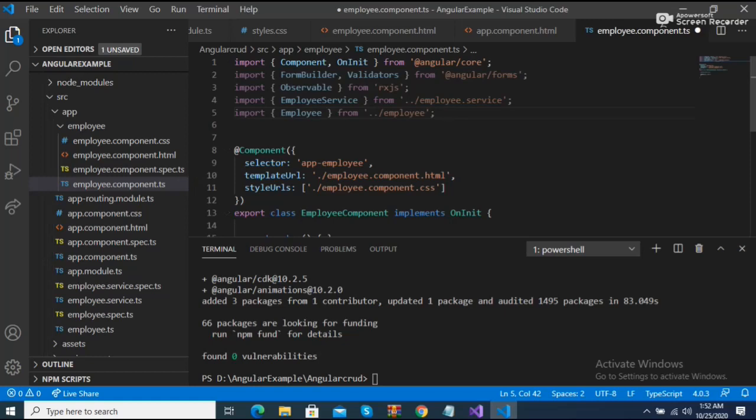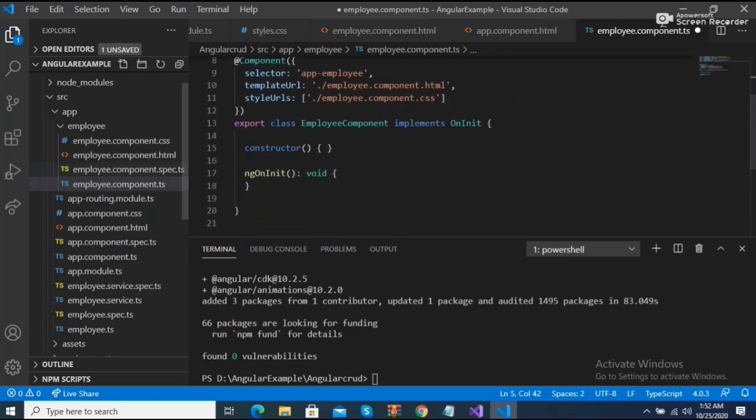So what should we do in the next step? I just add implements OnInit and dataSaved. We just need to add the constructor above, and here is the constructor.